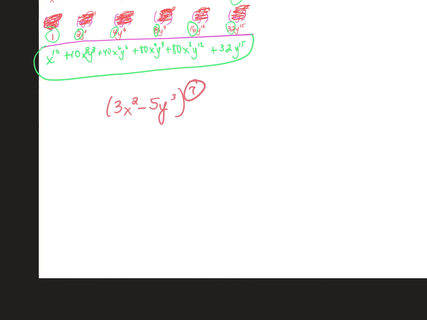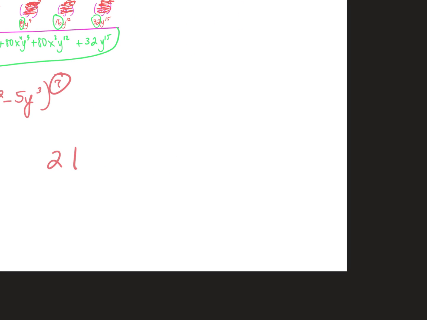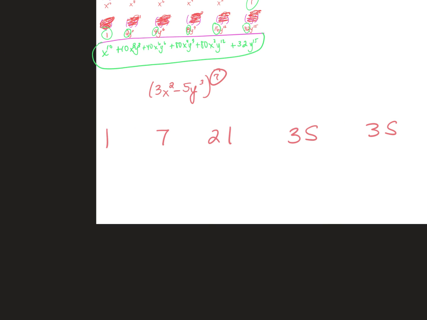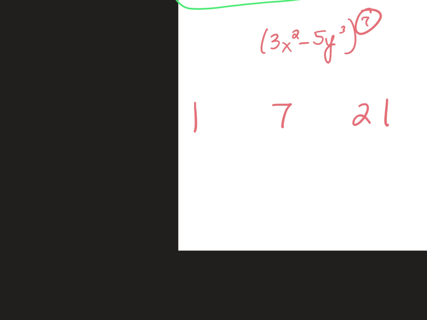7th row. Without looking. Anybody? 7th row. 1, 7. Perfect. Good. All right, so now we're going to take the first term, which is 3x squared, and we're going to